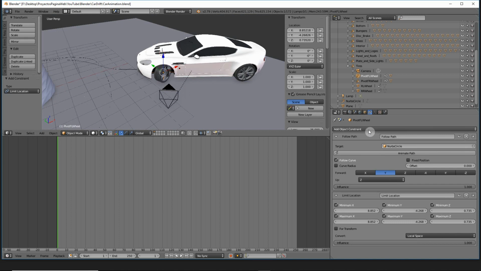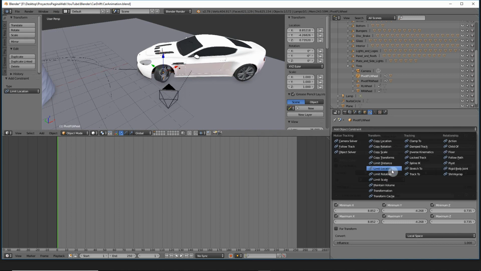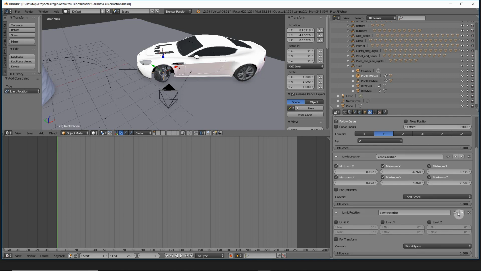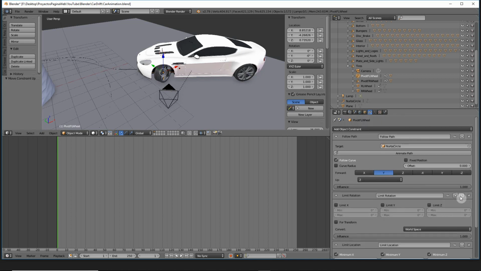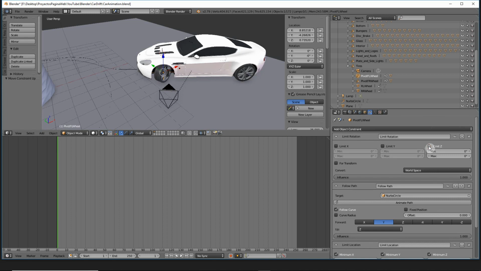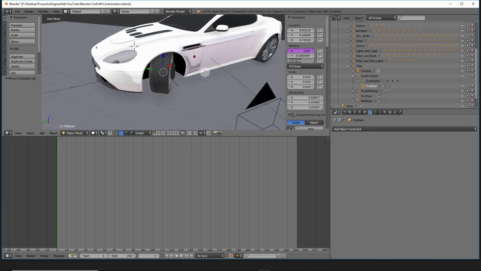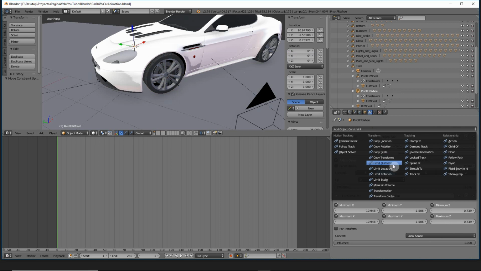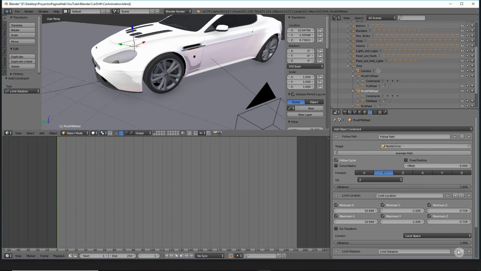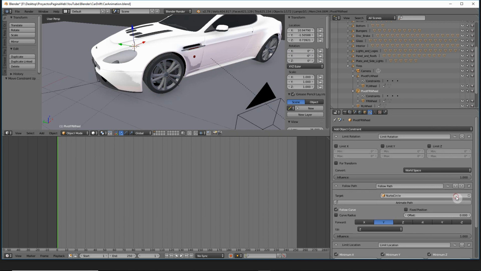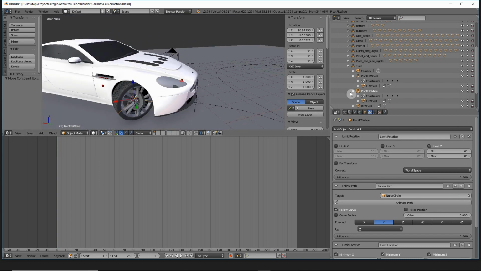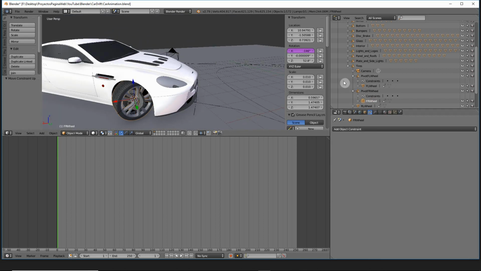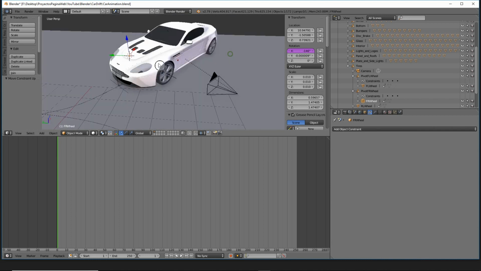And we're going to add one more constraint. Limit rotation. And limit rotation is going to go up. We are going to limit it in Z. We see it rotated, so for that we're going to put it back to 0, the child, and we're going to do the same here. We're going to limit their rotation, and we're going to put it up, limit to Z, world space, and 0. Then we make sure that this one is fine. We're going to check the child, and we're just setting it to 0. And now let's see how it looks.